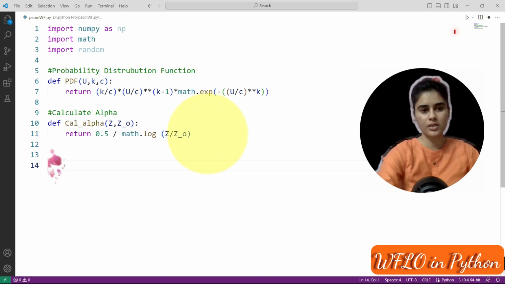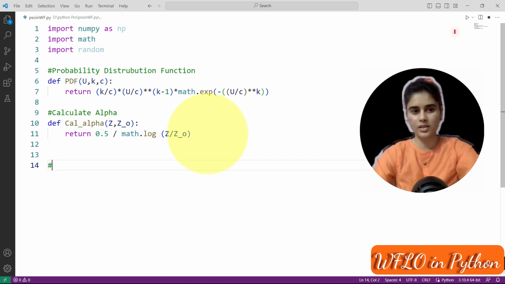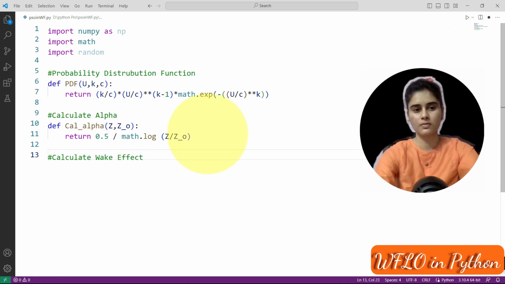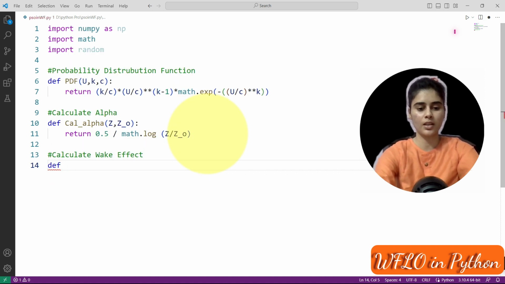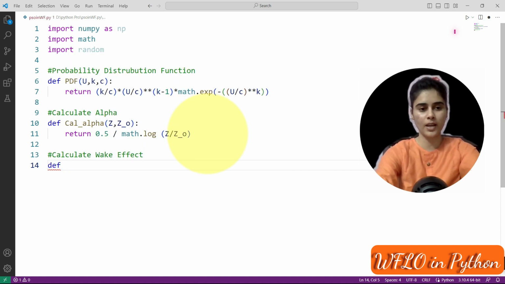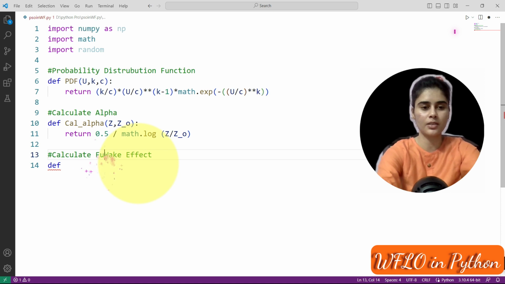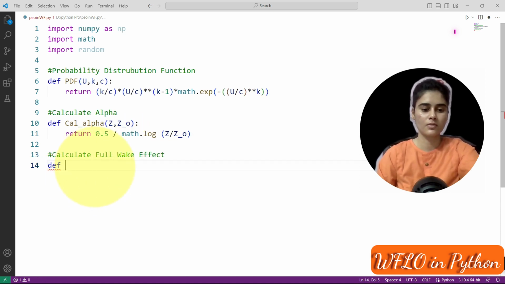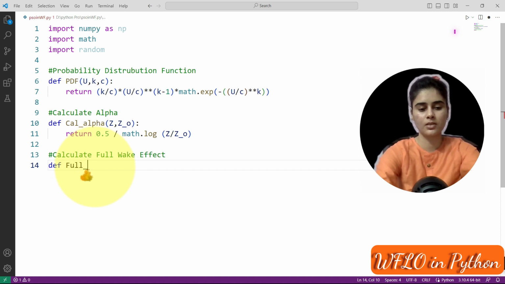Now we have the next function, that is calculate wake effect. So define a function again here for the wake effect. So first we will calculate the full wake effect.